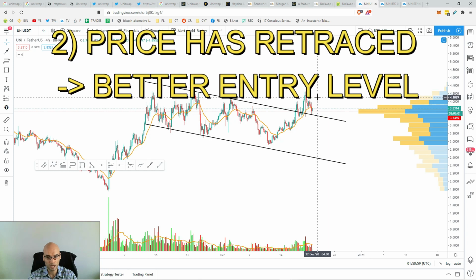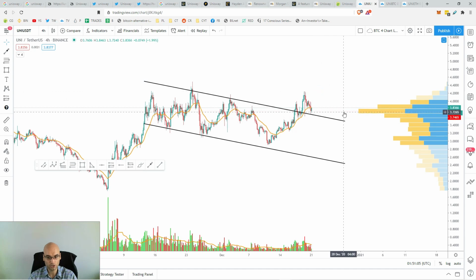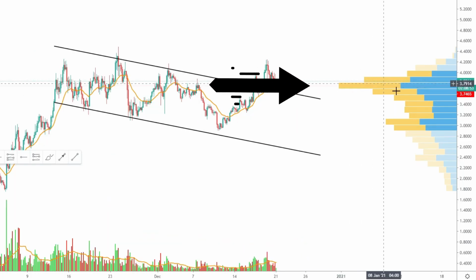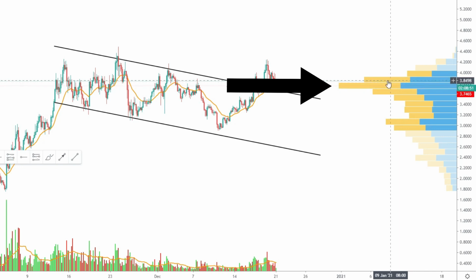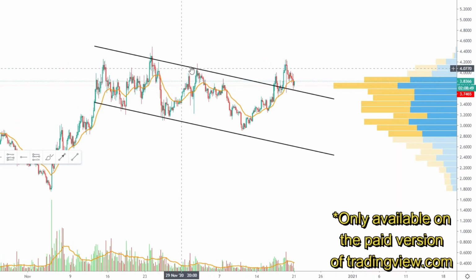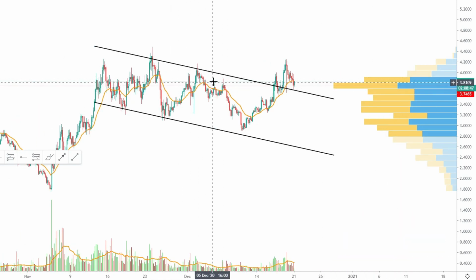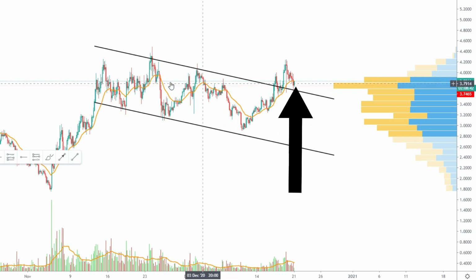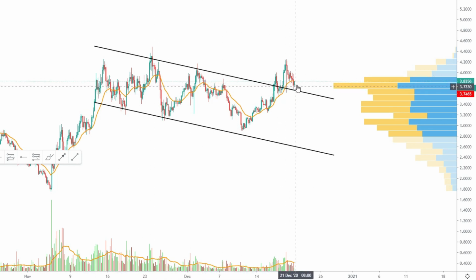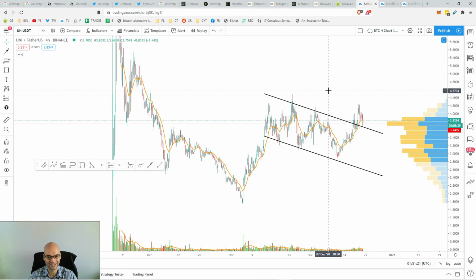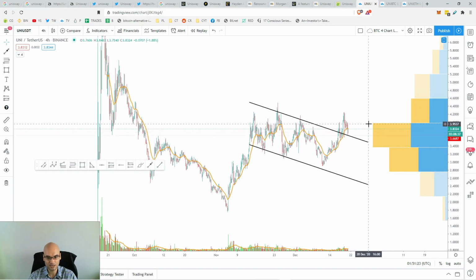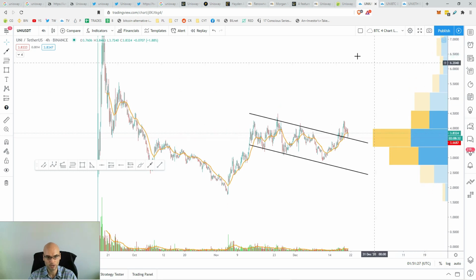If you bought in at $4 or even higher, that's not ideal, but now we're potentially bouncing from this support. And have a look at this. You see this volume, these yellow and blue bars? This is the VPVR, and it means that there's a lot of trading volume in this price zone, and it basically means that it's hard to break this zone because a lot of people have been buying and selling here. And if we can really go above this, guys, this is where it gets exciting. Look at this. You see above this yellow and blue bar, there's virtually no trading volume above this,